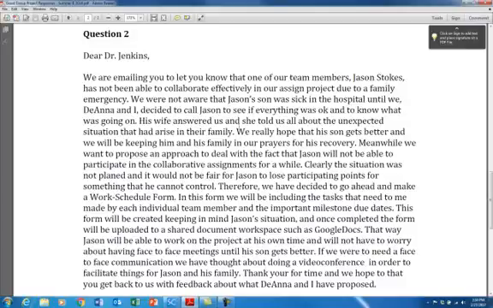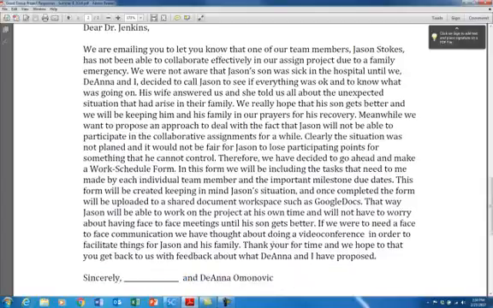It says, "Dear Dr. Jenkins, we're emailing you to let you know that one of our team members, Jason Stokes, has not been able to collaborate effectively in our assigned project due to a family emergency. We were not aware that Jason's son was sick in the hospital until we, Deanna and I, decided to call Jason to see if everything was okay and to know what was going on. His wife answered us, and she told us all about the unexpected situation that had arisen in their family. We really hope that his son gets better, and we will be keeping him and his family in our prayers